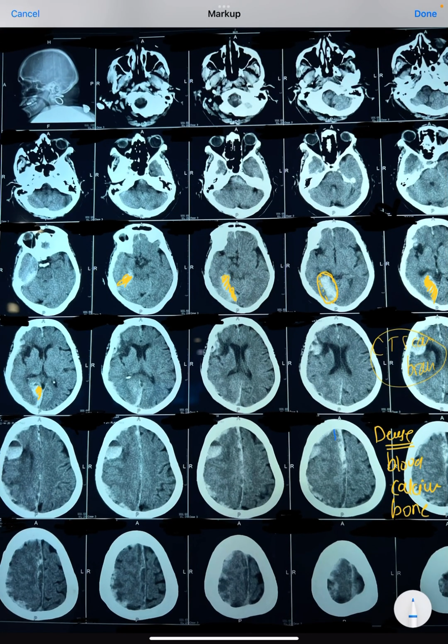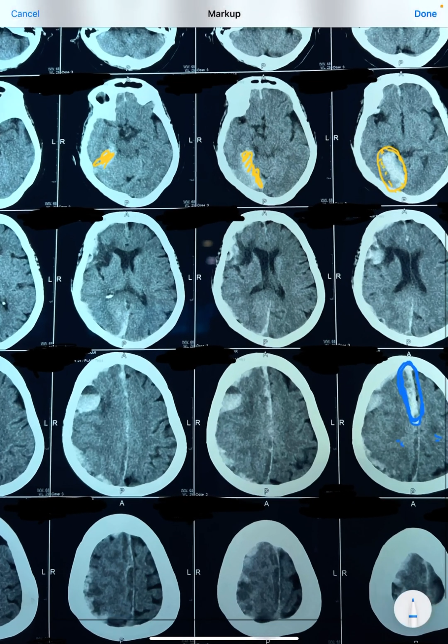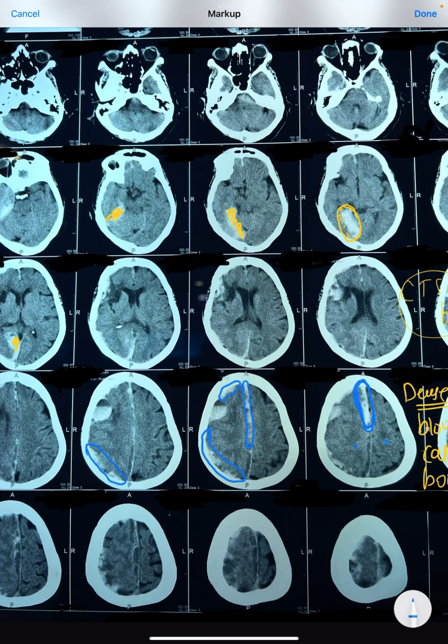So we can see this is an area of falx cerebri. The falx cerebri is the structure which separates the two cerebral hemispheres. So this is the falx, and behind this falx, below this falx, is all blood. So this is in short a subdural bleed. You can see, this is all subdural bleed. This is also subdural bleed. This is all subdural bleed,